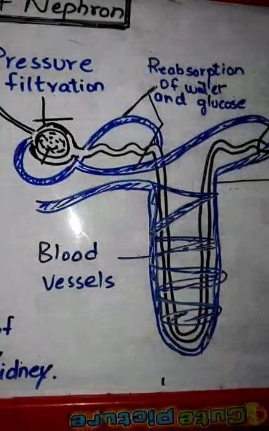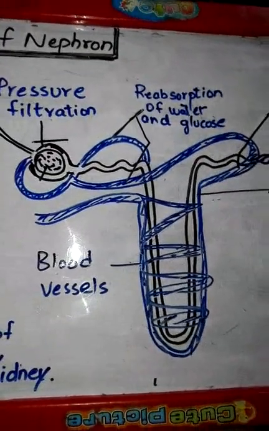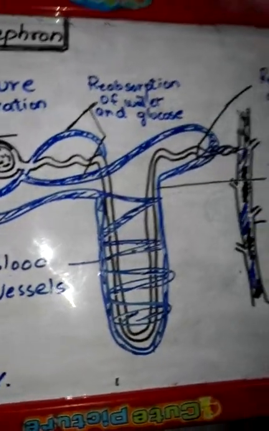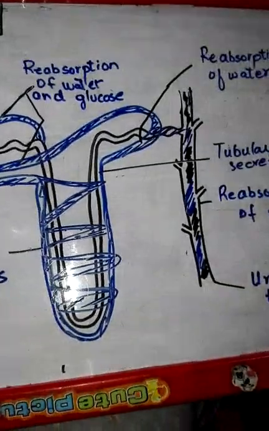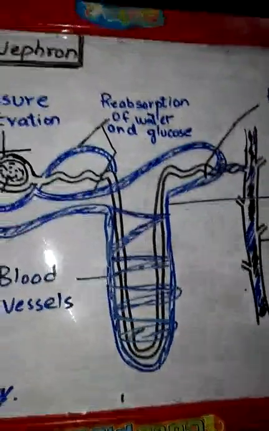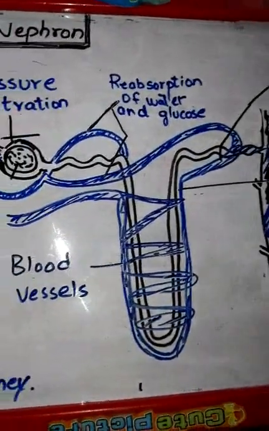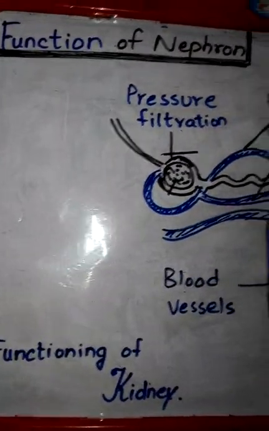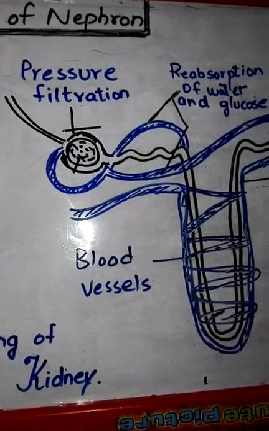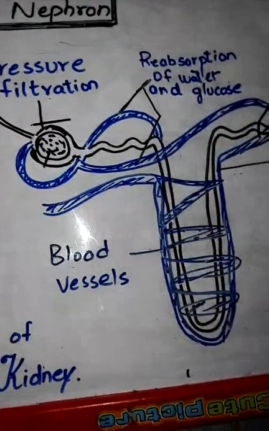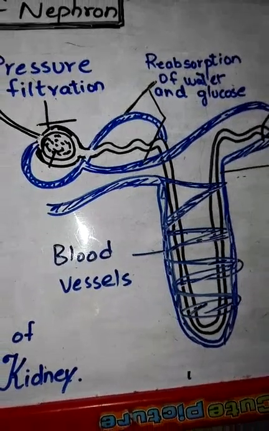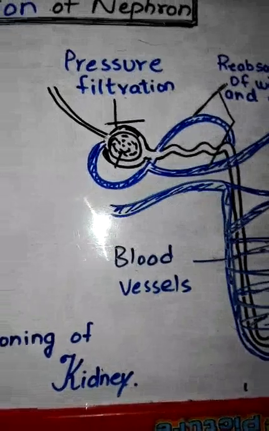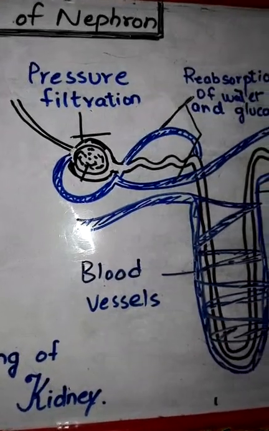I have made the structure with the black color so that you can identify in the center this is nephron, and this is the glomerulus, loop of Henle, proximal convoluted tubule and the collecting duct. Now the blue shade and the labeling with the blue marker will tell you the actual function of nephron. We studied yesterday the functioning of kidney, how kidney converts all the salts, water and excess material and removes them in the form of urine from the ureter, how it all happens. We have studied the first part.